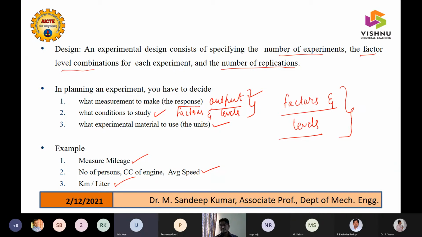Sometimes we say we need a response surface. Somewhere we got information that the response surface gives very good graphs, like surface graphs. So why can't we do response surface directly? Some people suggest Taguchi. When you do Taguchi, we get a very small number of experiments. Then why can't we directly do a very small number of experiments?